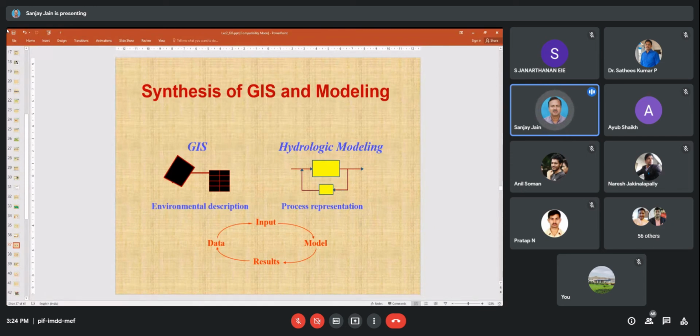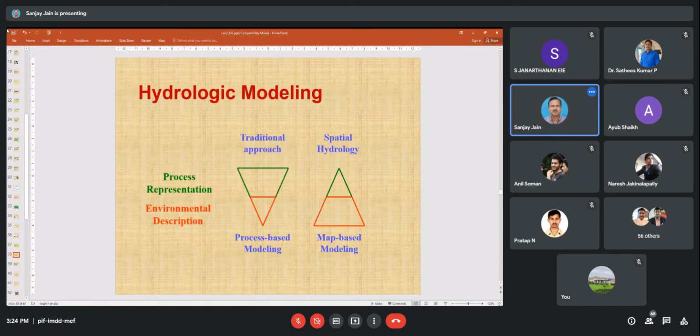Earlier it was difficult, but now it is easy. In the traditional approach, we were giving more weightage to the process representation rather than environmental description because we were not having it. But once GIS is there, we can give more weightage to environmental description and less weightage to process representation.